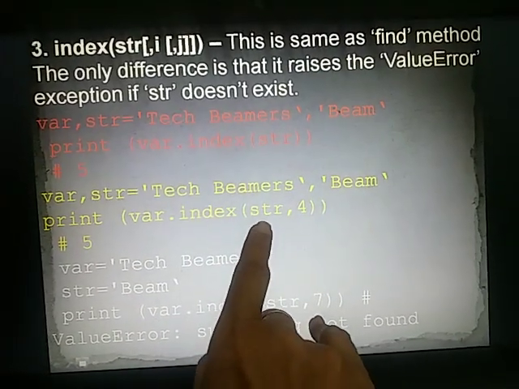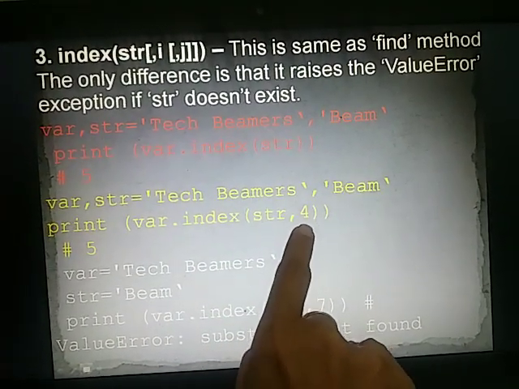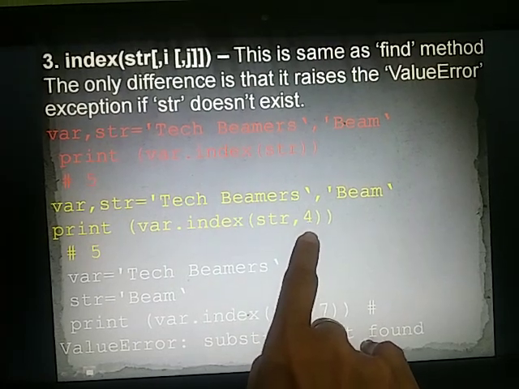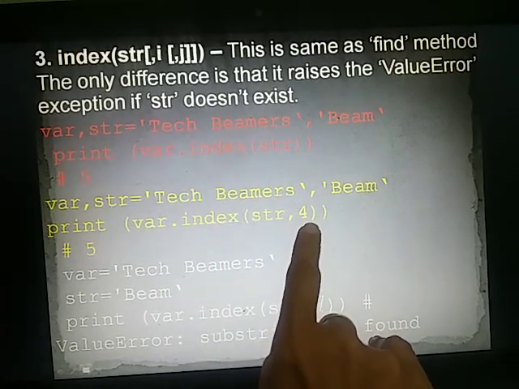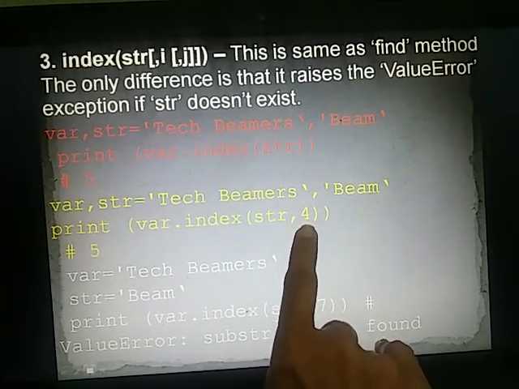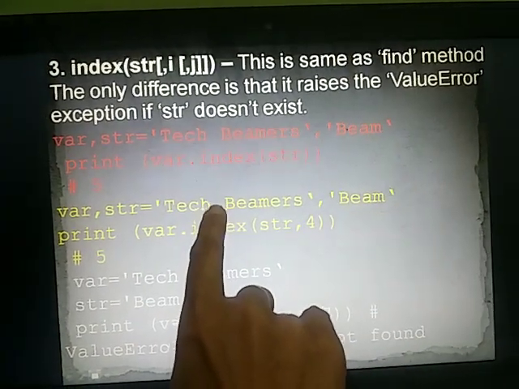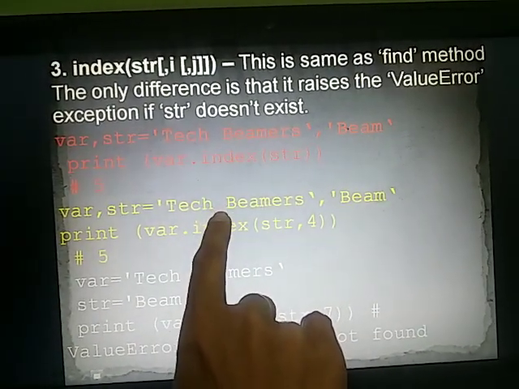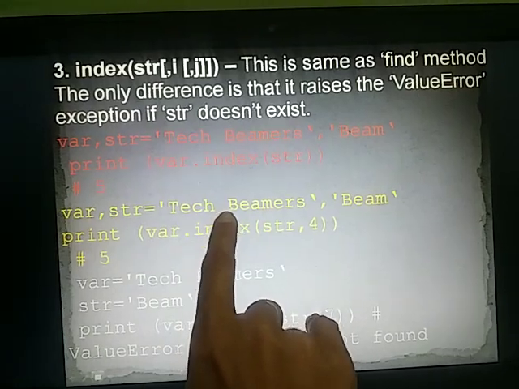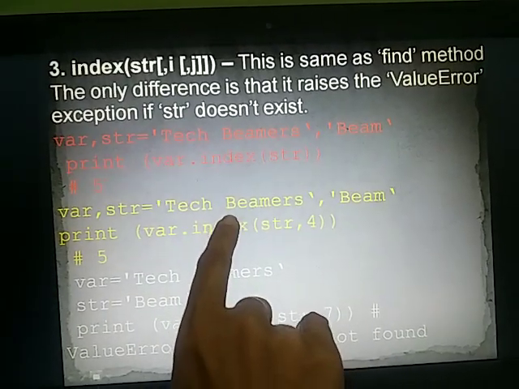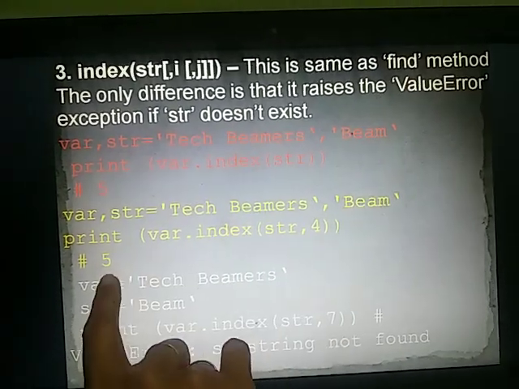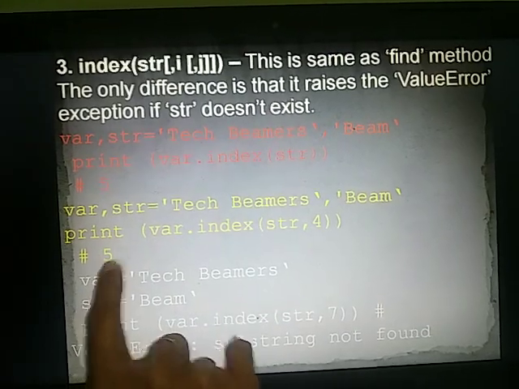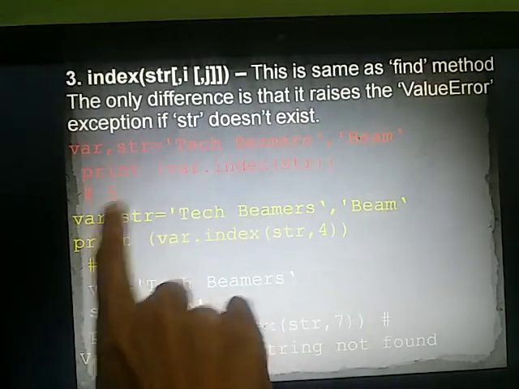Similarly in this one we are asking the index number after 4. This is the beginning index number. After the beginning index number, it will start searching. The 4 is this space. After the space it will start searching. So the beam is present at which index number? 5. Okay, beam is stored in str.